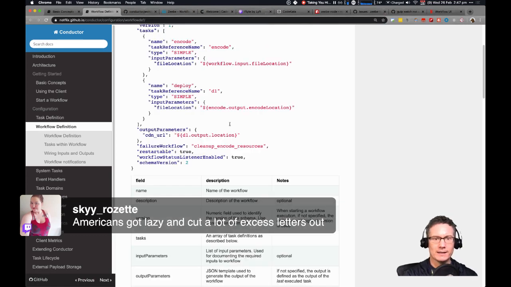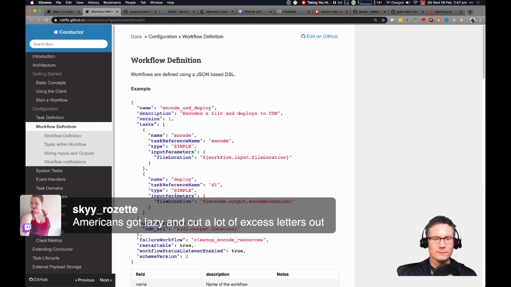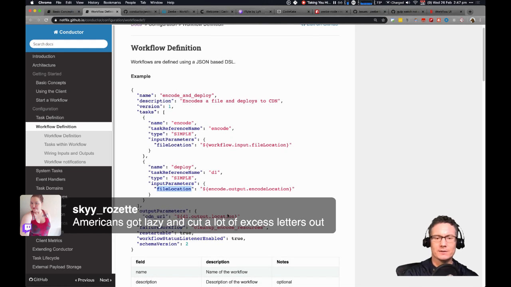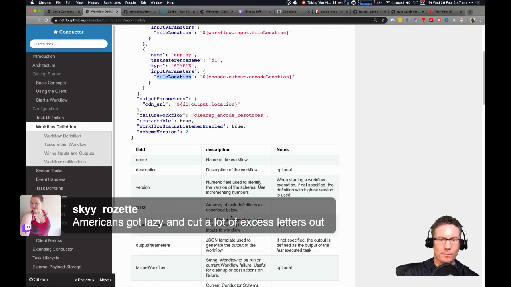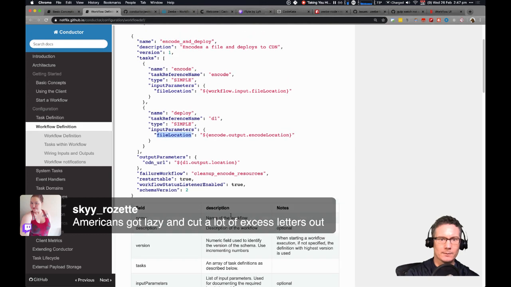Okay, so you chain the tasks together sequentially, and they can refer to the output of the previous task by name. So here's name and code, and then this task deploy will take encode, output, and code location, and it will become an input parameter to this. So that's kind of similar to the way GitHub Actions workflows work. Same as the task input and output variable mappings in Zeebe. Restartable too.